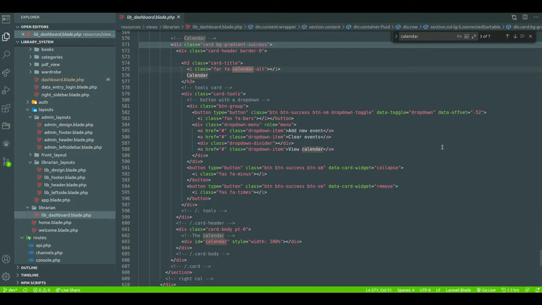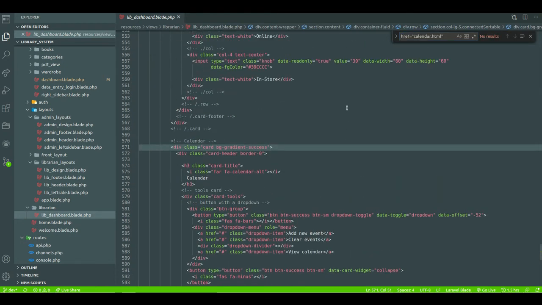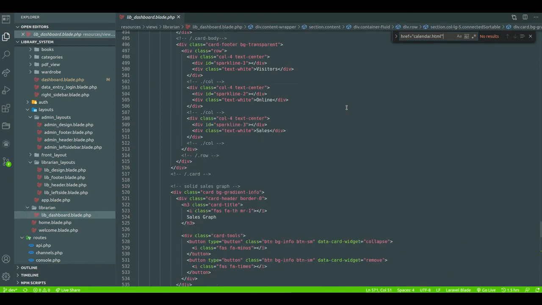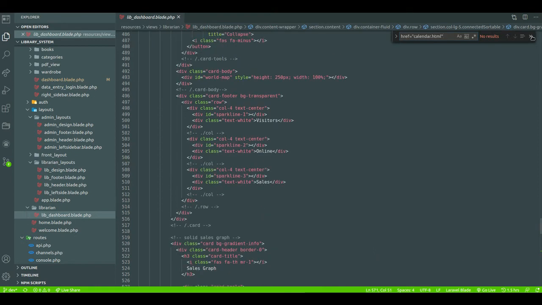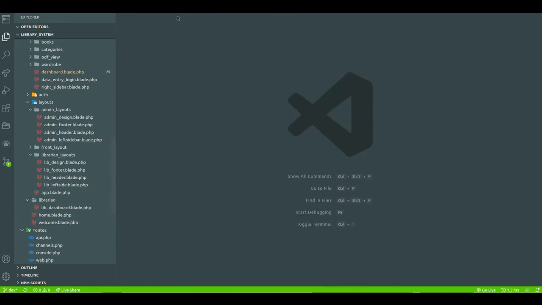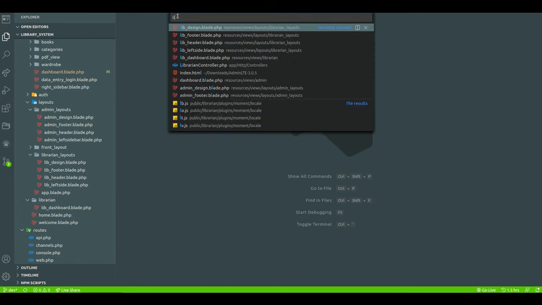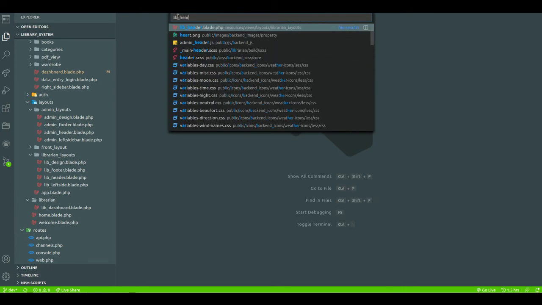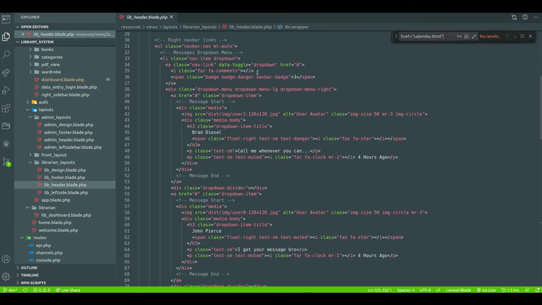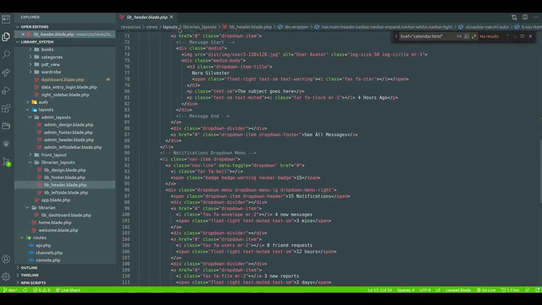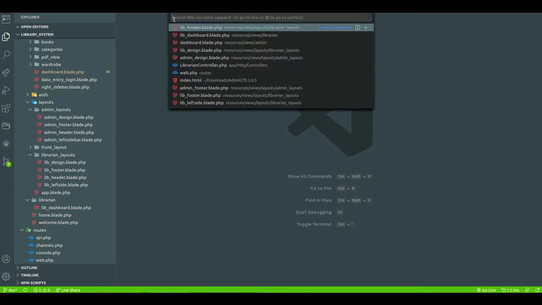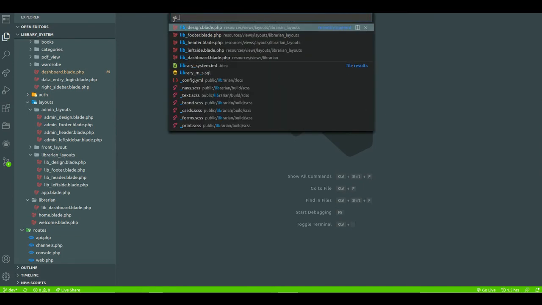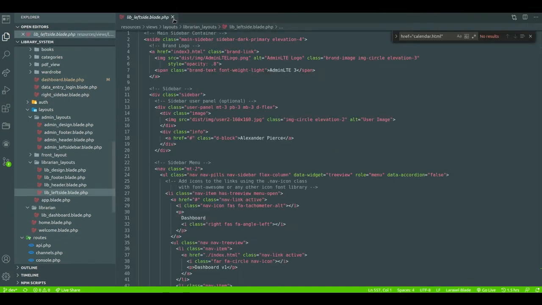Copy it and find it. Oh, sorry, I am finding the wrong file. That is the leave header. Again I am wrong. That is the leave sidebar. Now you can find it.